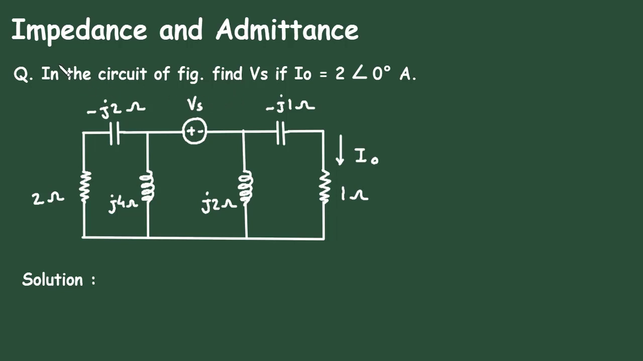In this video, we will see an example on impedance and admittance. Question: in the circuit of figure, find Vs if I0 is equal to 2 at an angle 0 degree ampere. Here for this circuit, we have to find the value of this Vs. The value of this I0 is given. Solution: